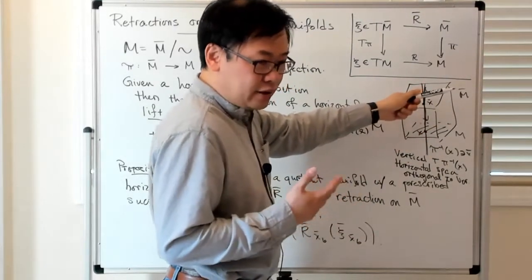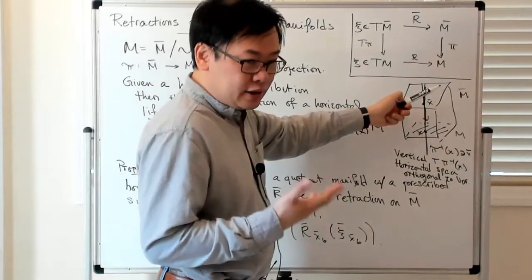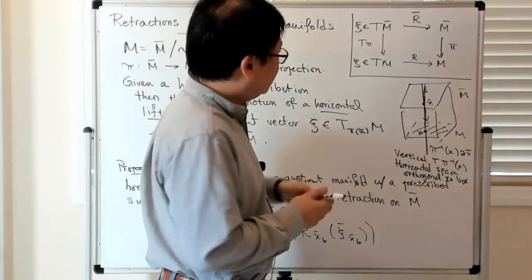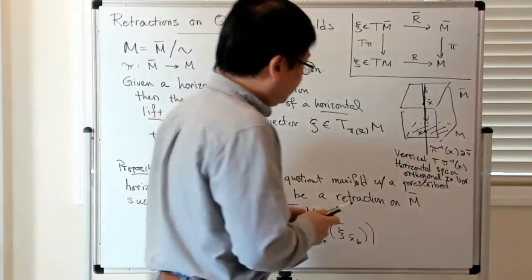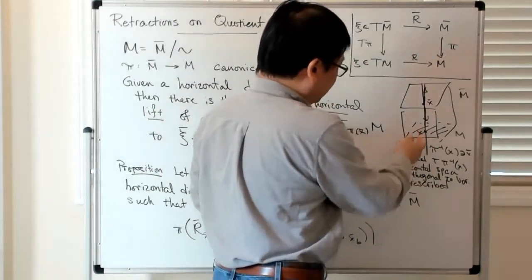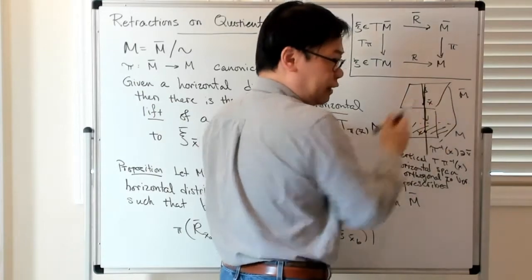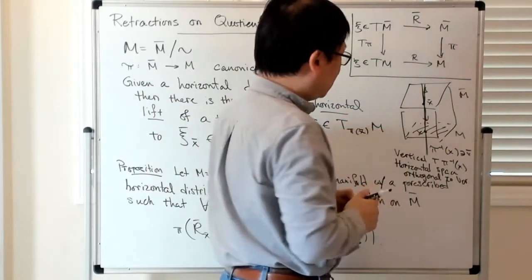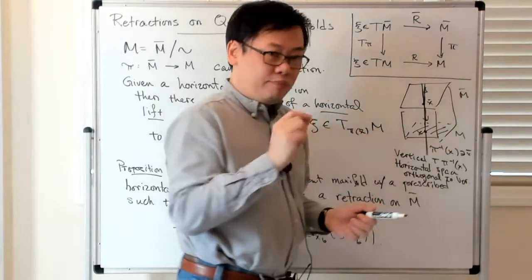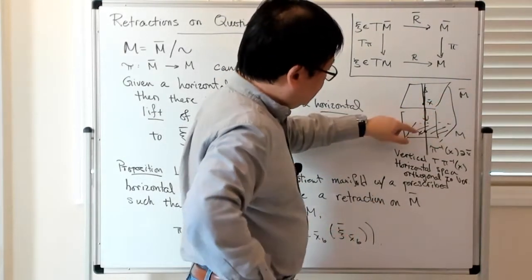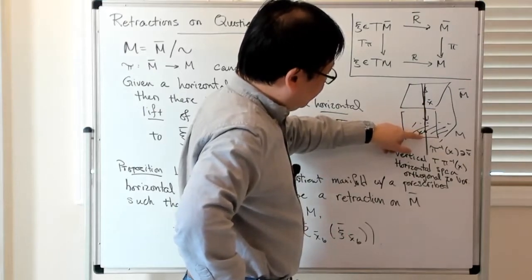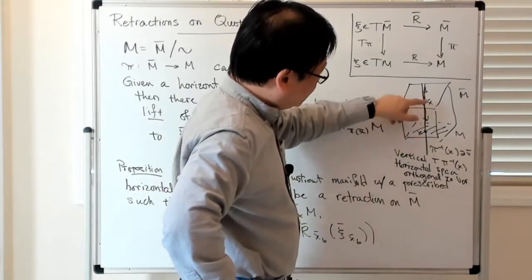So you might ask, why is there a need to require that this retraction be invariant in some appropriate sense? The reason it needs to be invariant is that when we talk about a horizontal lift, the horizontal lift is well defined once I've chosen the horizontal distribution, as long as I pick where X bar is. Now, if I have a point X and I want to pick X bar,